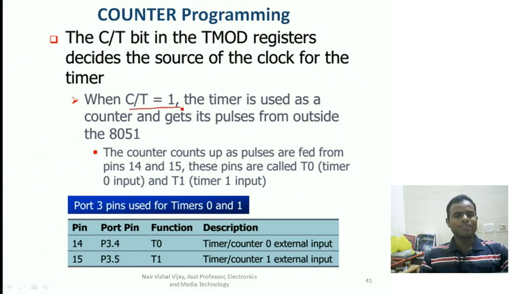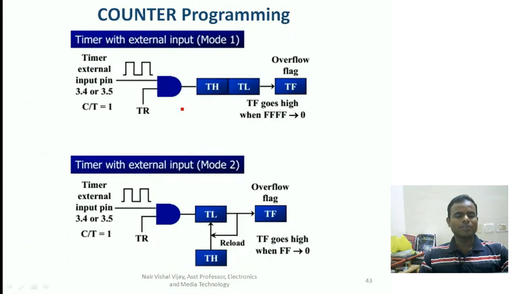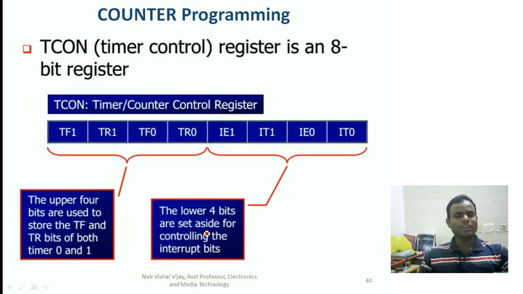As you can see, there is no oscillator divided by 12 block, because your external clock pulses are fed to pin 3.4 and pin 3.5 of port 3, where you have the T0 and T1 pins. So whatever clock frequency comes in is the event that your counter counts. In mode 1, it is a 16-bit counter. In mode 2, it is an 8-bit auto reload counter. Rest everything remains the same. One more thing to take notice of: when you are using an external event counter, you make sure you always set your gate bit to be 1.